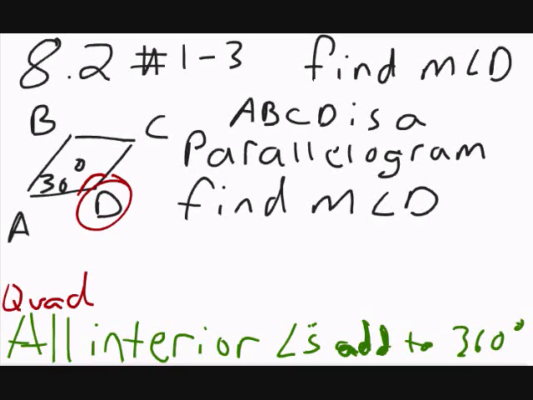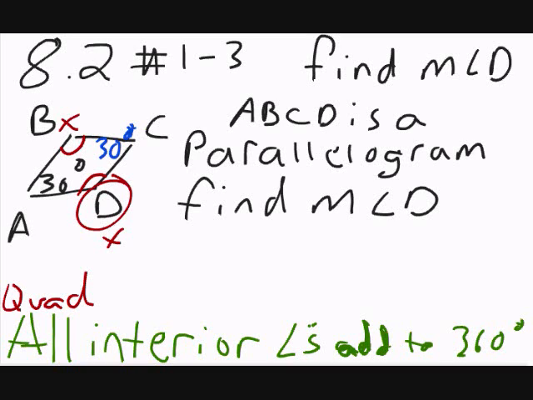What we know so far is that the opposite angles are congruent. So if A is 30 degrees, that means that C is also 30 degrees. So we know A, we know C. Guess what? D and B are going to be the same because they're opposite angles, and opposite angles in a quadrilateral are congruent. So if I label B x and I label D x, that's the measure we're trying to find,